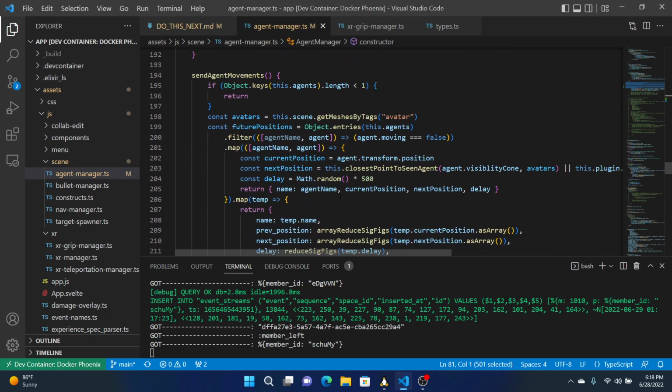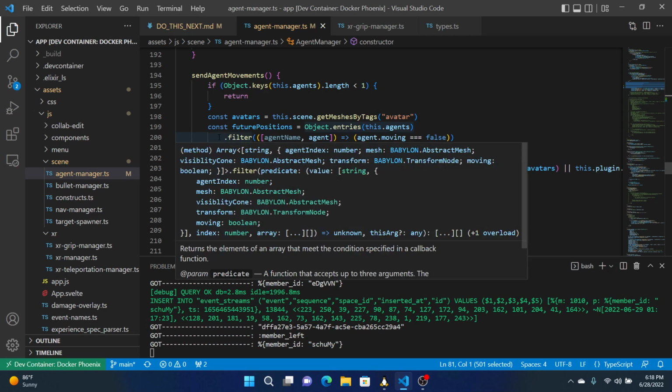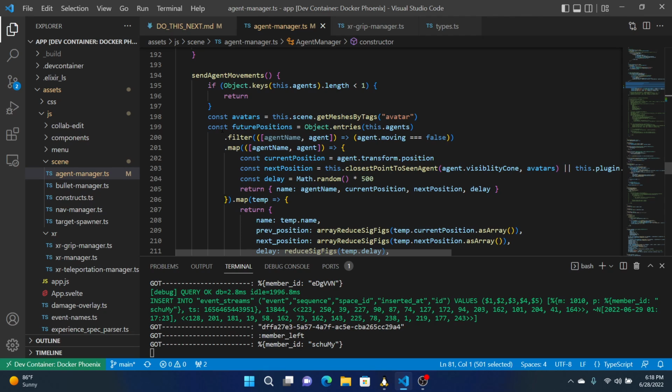Because you might see an agent. So let's see, first you grab all the agents, and here we're filtering by all the ones that are moving. But actually I think you could do the calculations for everyone. But if you're getting a random... Okay, so you're getting a next position. Okay, which is either you see them or you don't see them. So let's split this out for the next position. You have the current position. You have